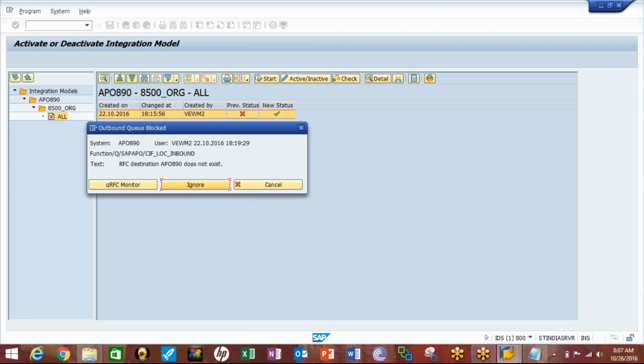Just checking two things. Logical system. IDS, yeah, IDS you're using.